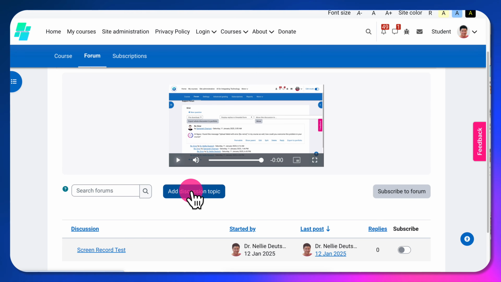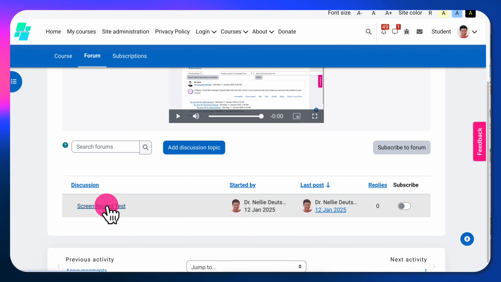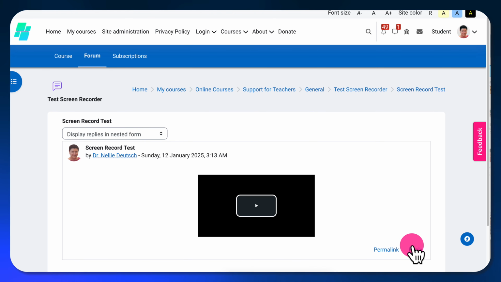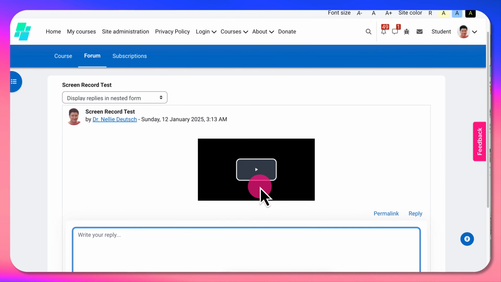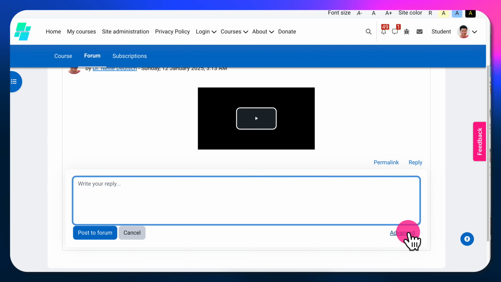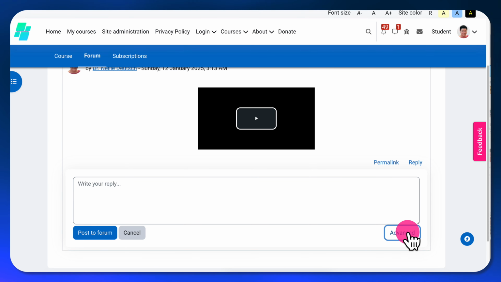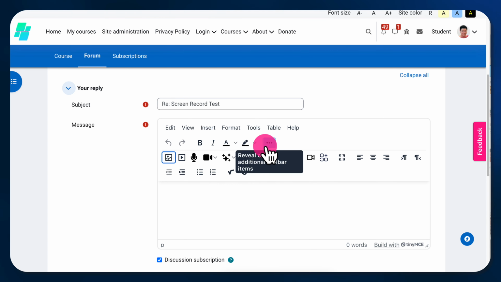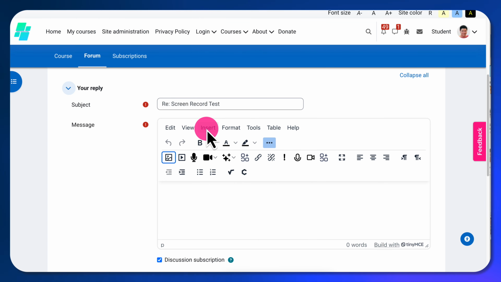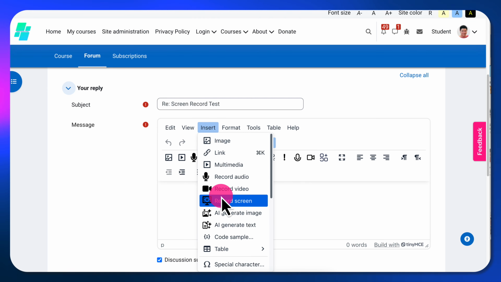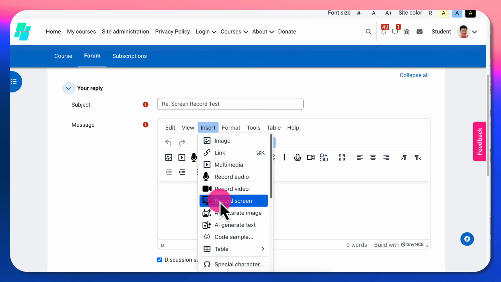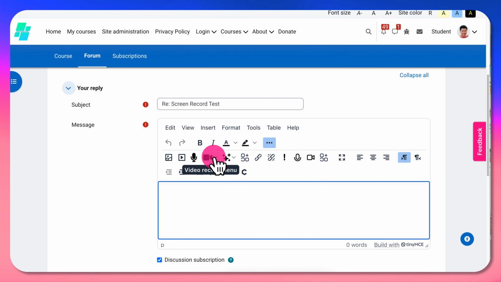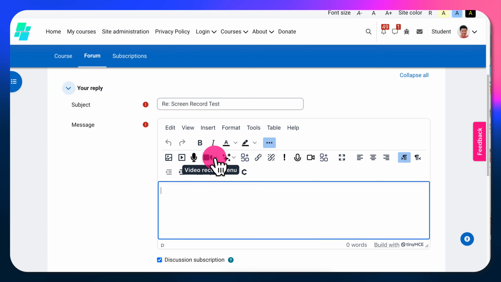If you're interested in seeing what that looks like, let me go into another demo here. I'm going to go into reply so I can show you how that works. If you're replying and not posting, you need to go into advanced so that you have the full TinyMCE editor. You can turn on the 3 dots, but that's not necessary because you're going to go into insert and into the screen, or record screen rather, or you can simply go into the video icon and the drop down menu